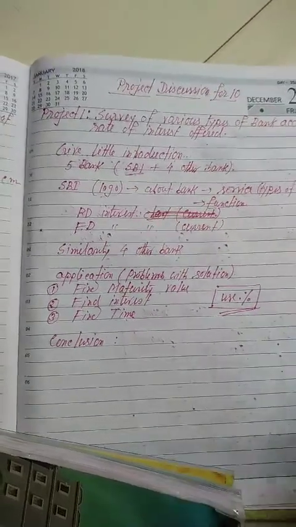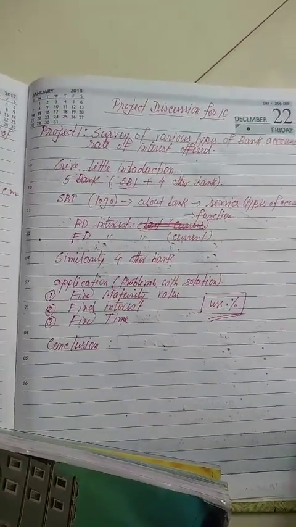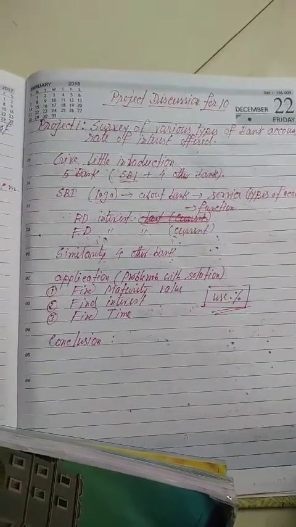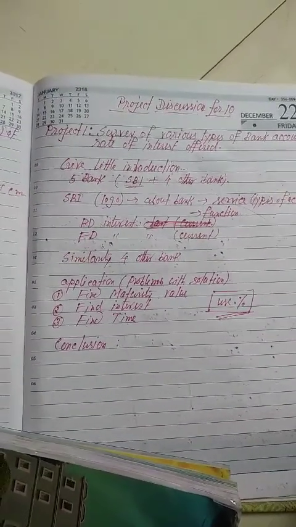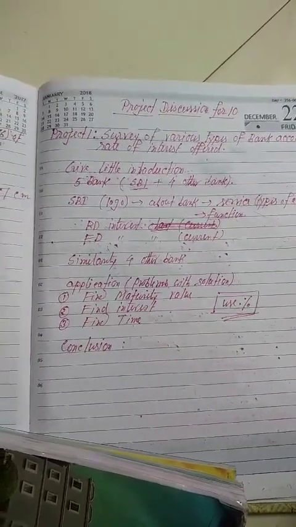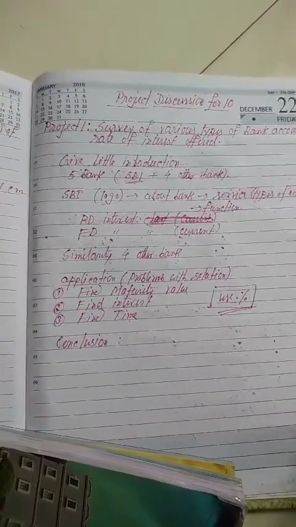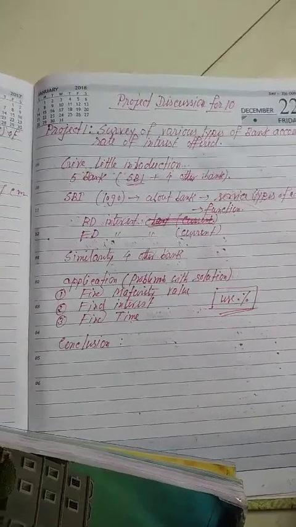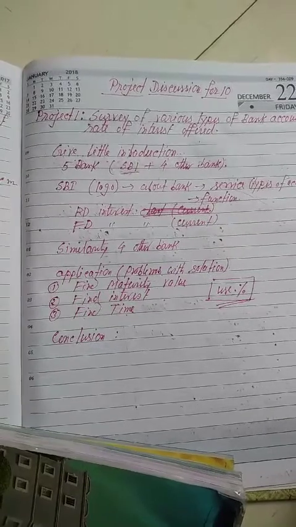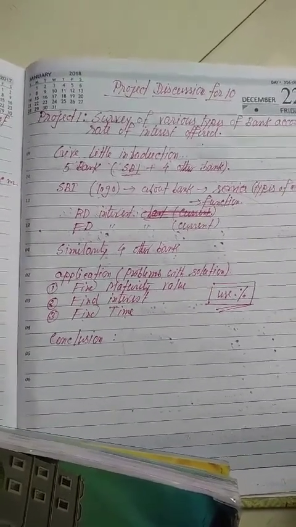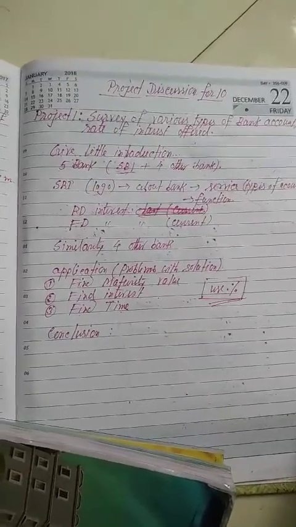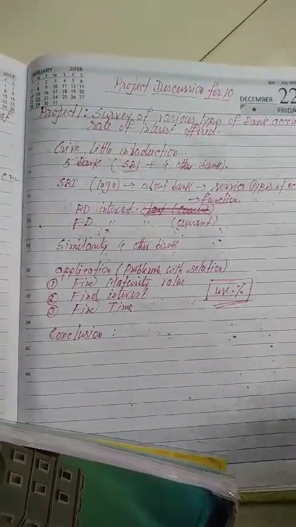Suppose you are making the problem for SBI, so you make the problem for SBI, but you use the current RD rate of SBI bank. For that, don't copy the details from the book. In the book, the rate of interest is given different. You have to write the correct interest rate, and make the corresponding answer. The answer will change. The book answer will not match here because the rate of interest is different. Okay, so follow these things.